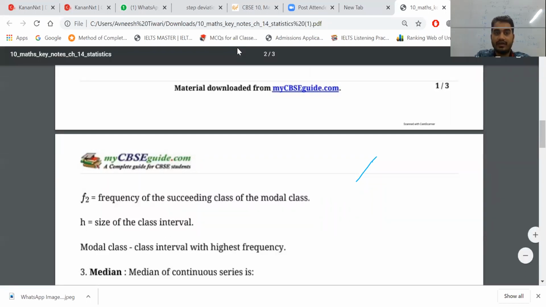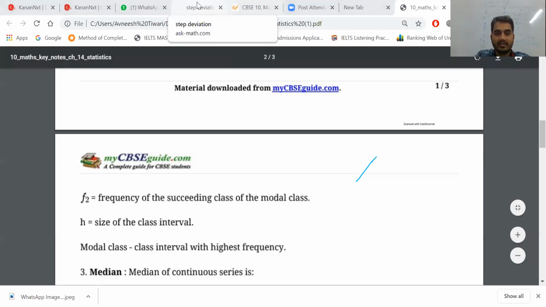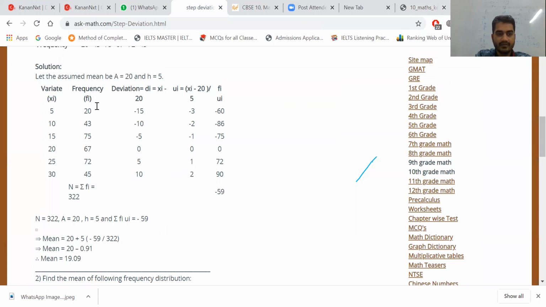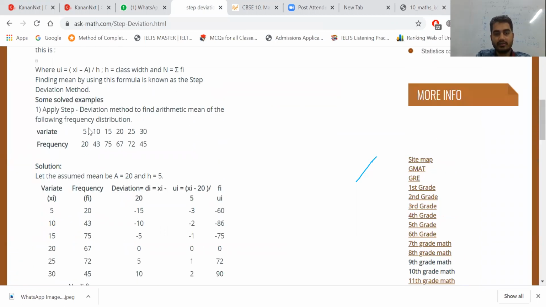Okay, now I'll show you one example of that. Suppose I take this data. Which one is the maximum frequency? Right now here we are having 72, sorry, 75. So this 75 can be the modal class. Right now over here we are having directly xi, we don't have any other value. So if we are having the class interval, that will be the modal class of our data.